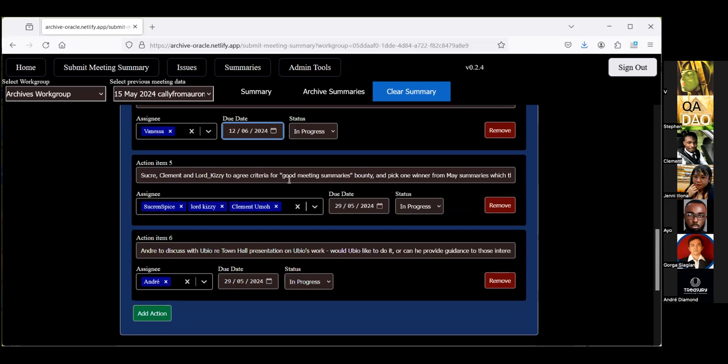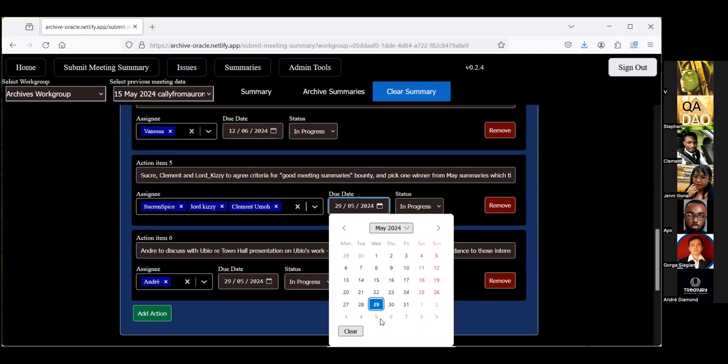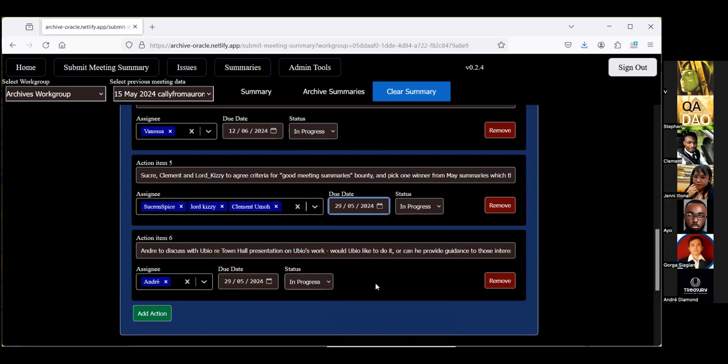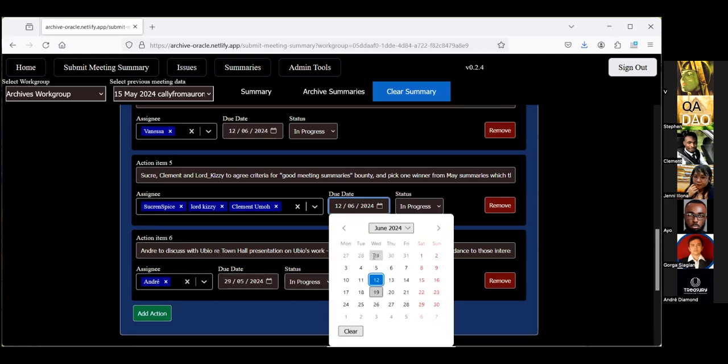Sucra, Clement and Lord Kizzy to agree criteria for good meeting summaries bounty and do all that. And I think they are going to, I'm hoping one or more of them will be here. Oh, Clement's here. Excellent. So that is in progress and it is ongoing for the rest of June. I might say that this is done and then create a new one, because we'll be doing it